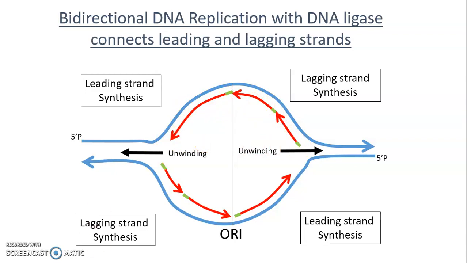And if you sit down and draw this out, it takes a little while to see the process, and that's why I do recommend sitting down and drawing out these molecules to see how this works. But I definitely want people to be able to tell me the names of the enzymes and the steps that are involved in the process of DNA replication. This works great when we're looking at our bacteria chromosomes that go in a circle, and when we look at our linear chromosomes in eukaryotic cells, because there your replication bubbles are just running into each